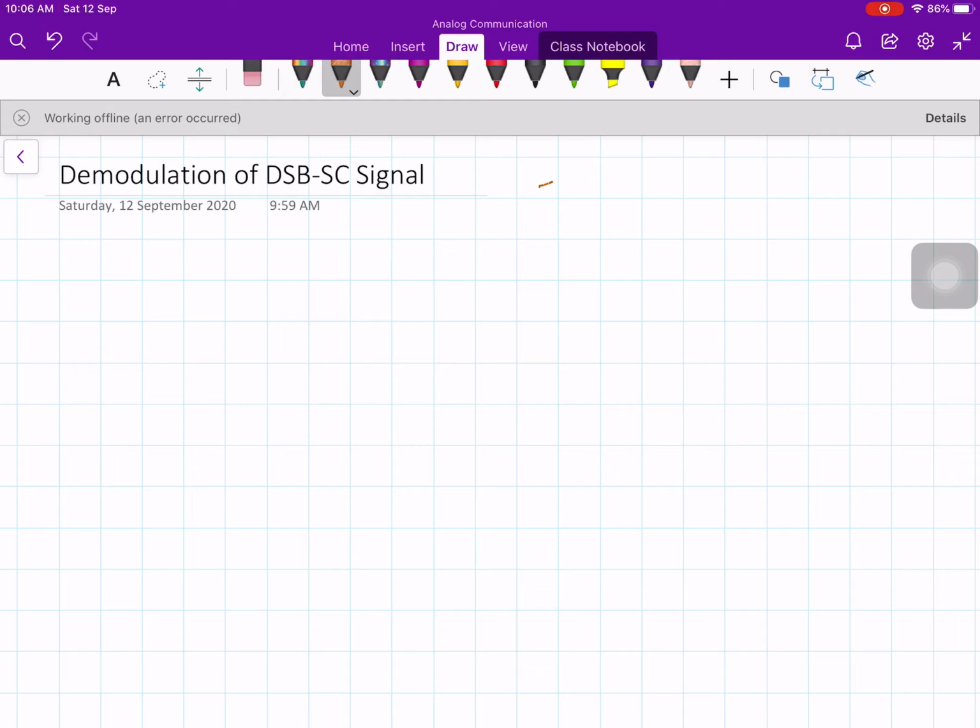In this lecture, let us discuss the demodulation of DSB-SC signal. If you recollect, in the last lecture, we have studied the concept of amplitude modulation. We were discussing one kind of amplitude modulation which is called double sideband